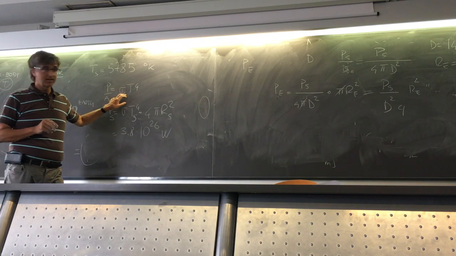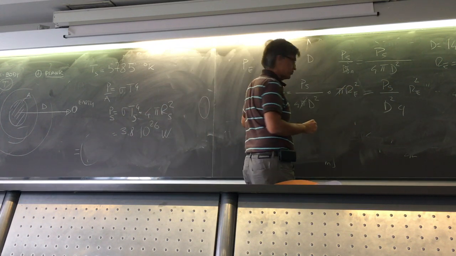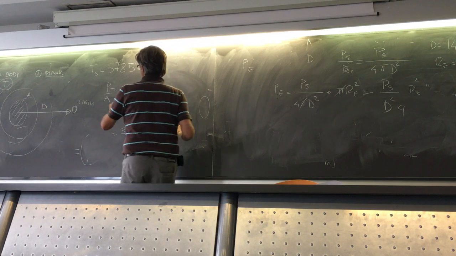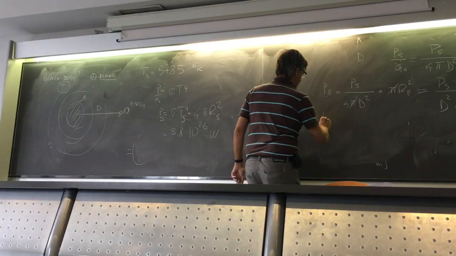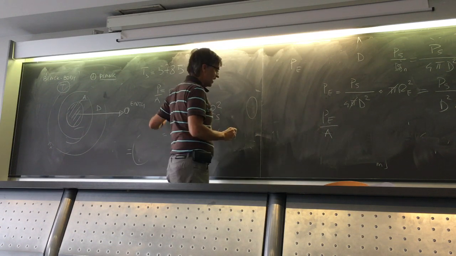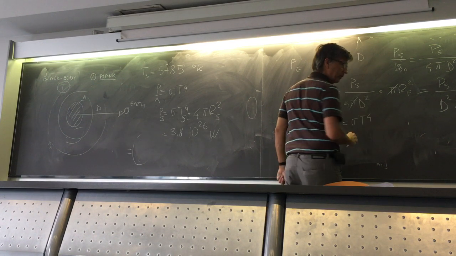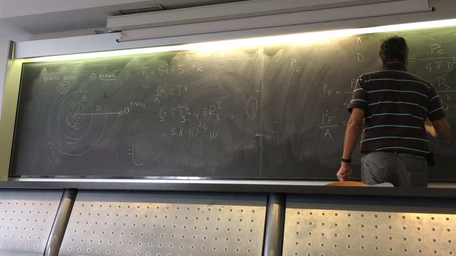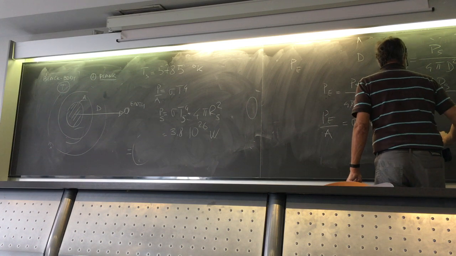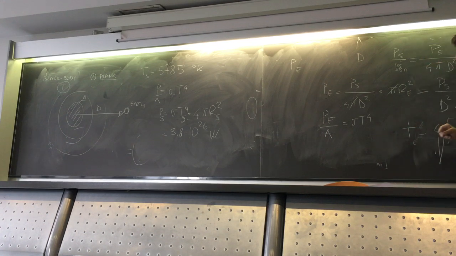Because if you want to compute now the temperature, remember that this is the total power you get on the Earth, and you use this equation: the power of the Earth divided by the area is sigma T to the fourth. So this means that T, the temperature of the Earth, is the fourth root of the power that you get on the Earth, that is this number,